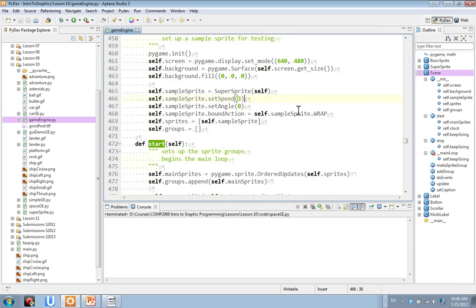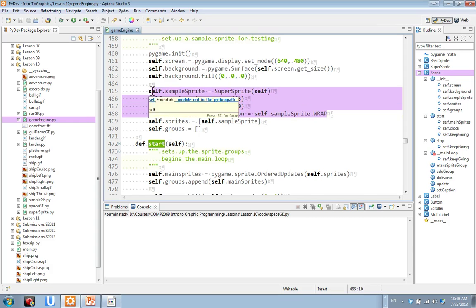Then what we're doing here is we're incorporating, like I said, the initialization portion of the framework. We're actually creating a sample sprite. And this is all the stuff we need for our demo. So if we were going to demo our game engine, this is the portion of the scene class that you could remove. For example, well, guess what? We don't have